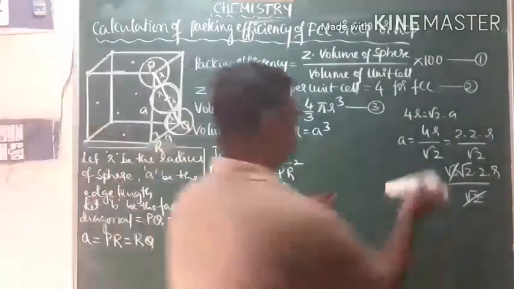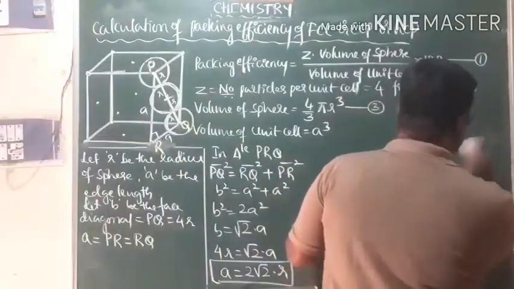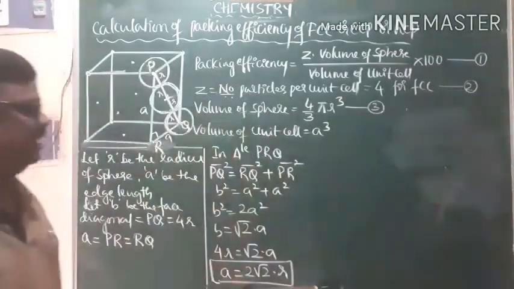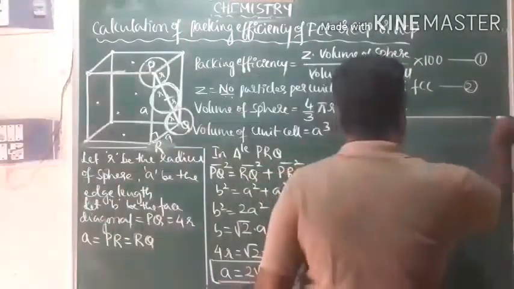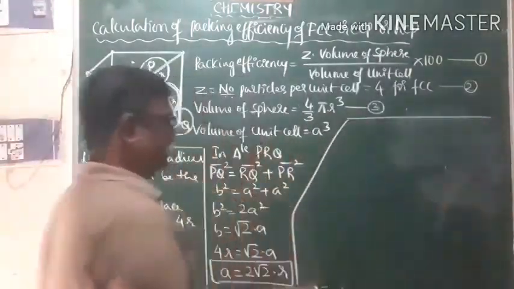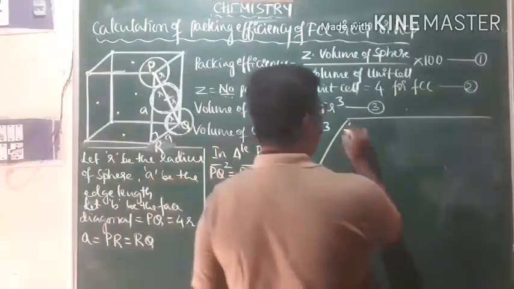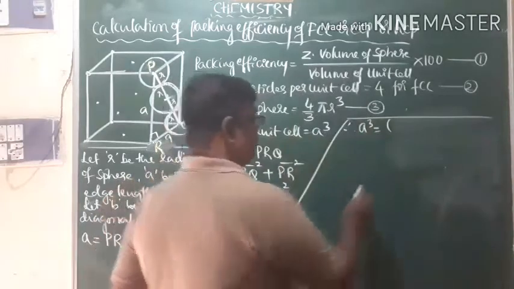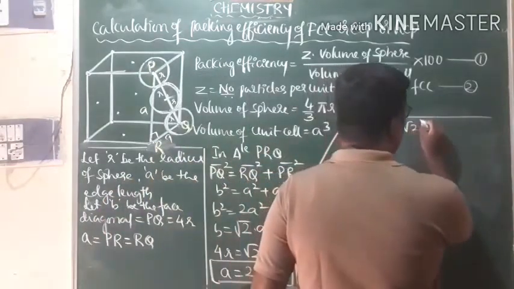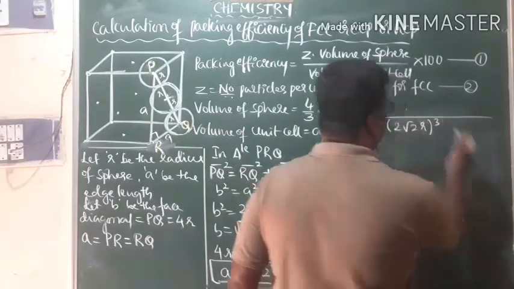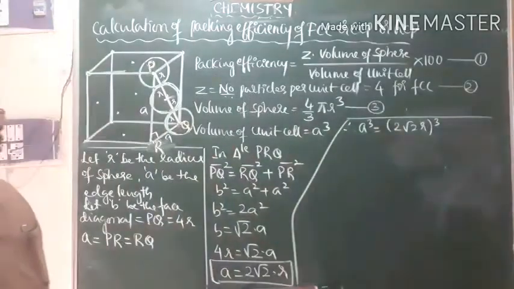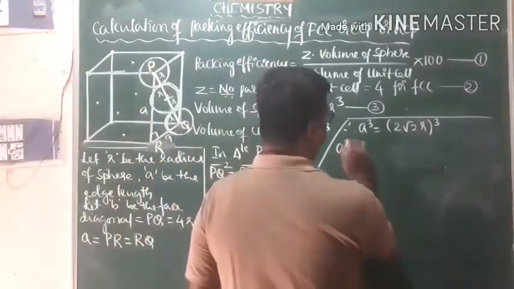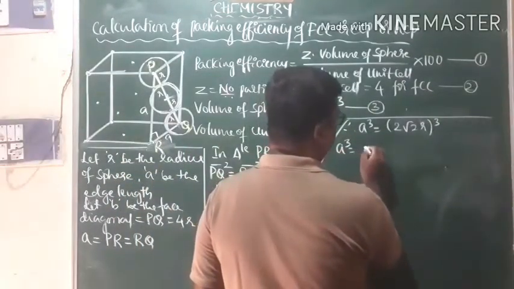Next, you come to that. A is, you got A in terms of R. Therefore, by making use of that, you know that A cube is equal to 2 root 2 R whole cube. Therefore, A cube is equal to,